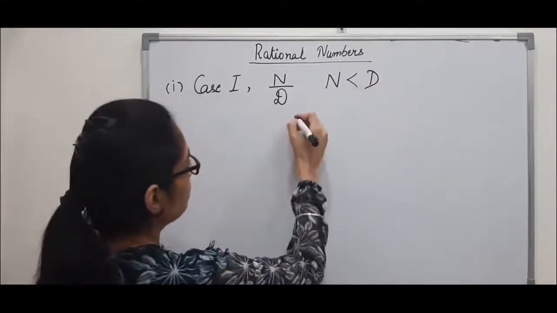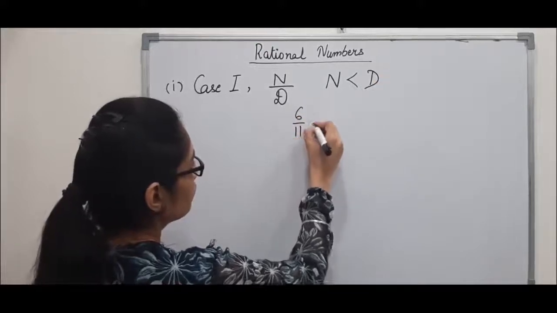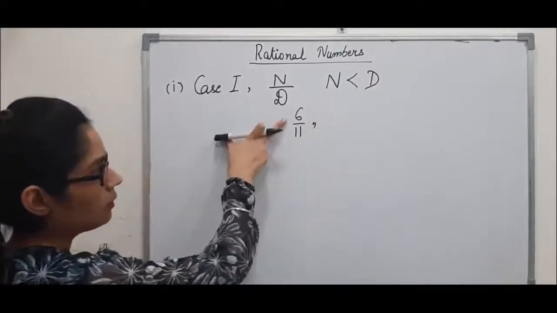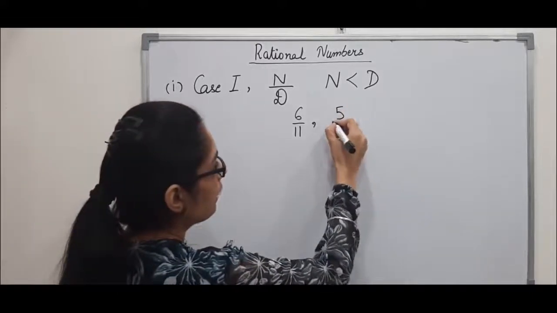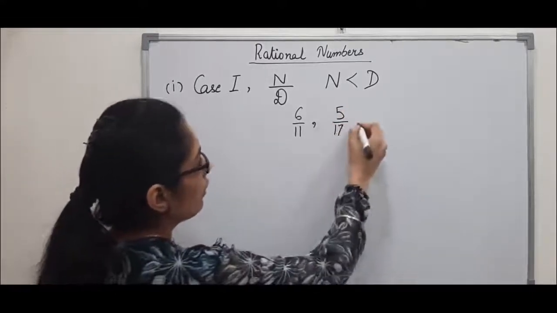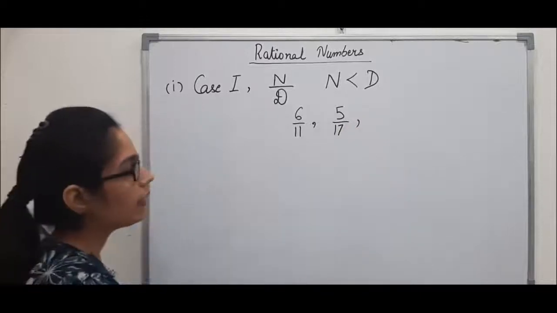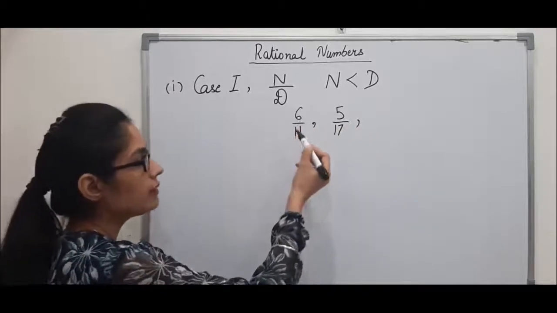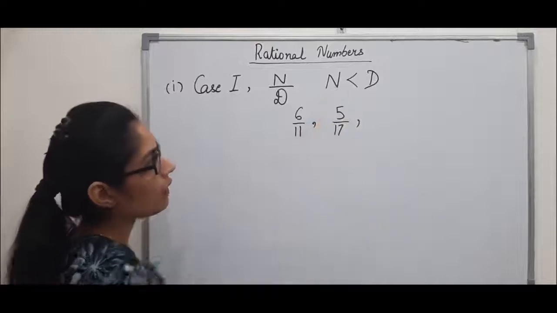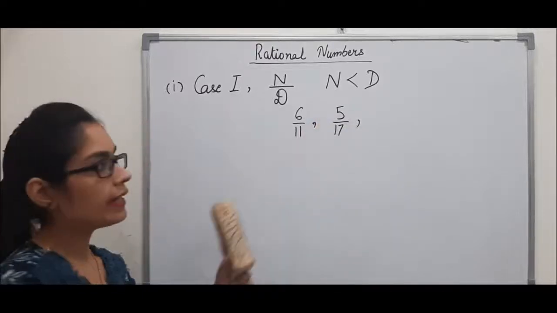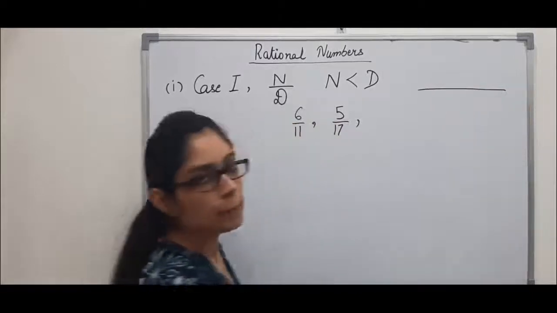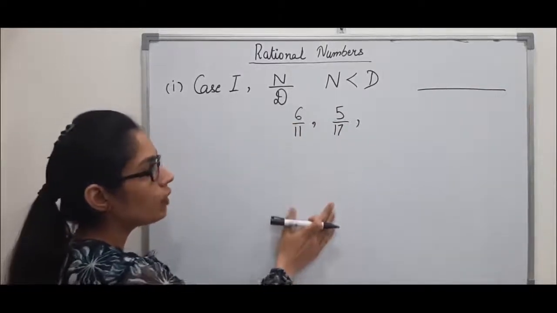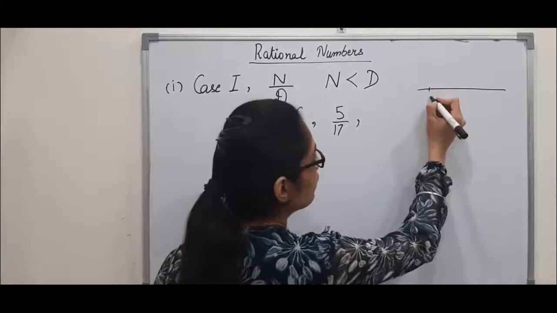For example, 6 by 11, you can see 6 is smaller than 11. 5 by 17. Many more examples you can take in which the numerator is less than the denominator. So in such a case, while drawing the number on a number line, your number will always lie between 0